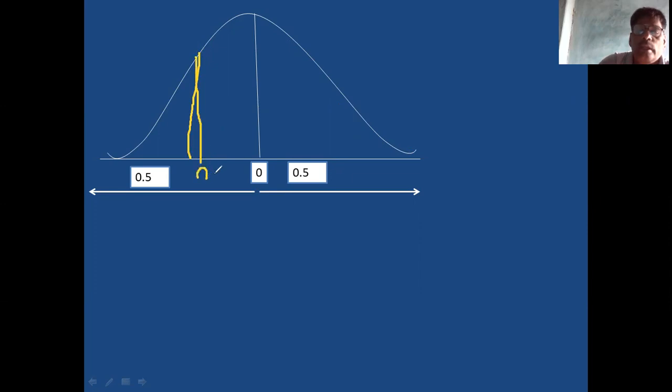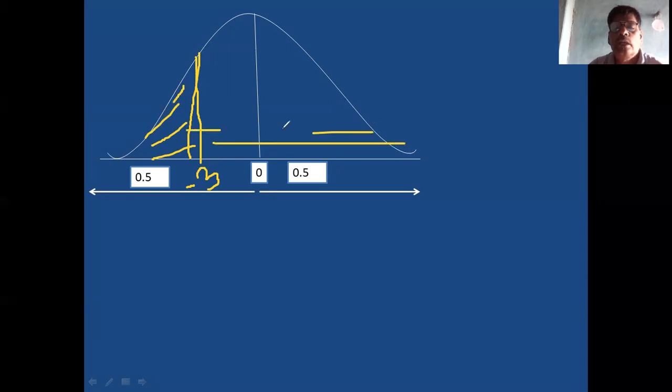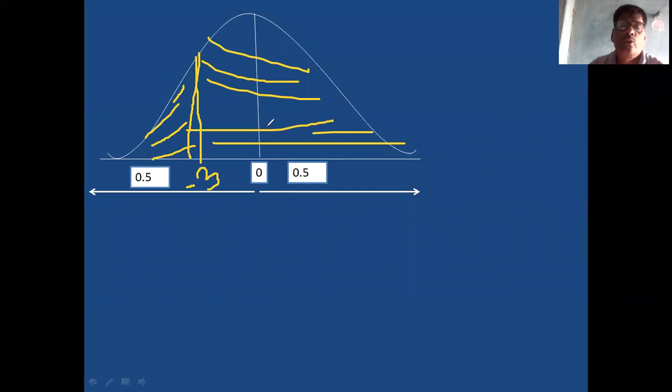You see here is the minus 3. Less than minus 3 means this area. Okay. More than minus 3 means this area, this side. In this way, first you have to mark in the graph. Okay, I'll take an example, and with the example I will make you perfect. It is a very interesting and simple problem. And I will upload the normal distribution table, and you go through that table.